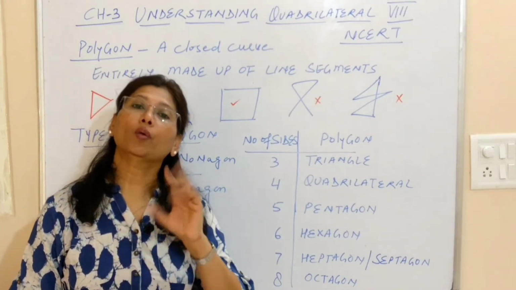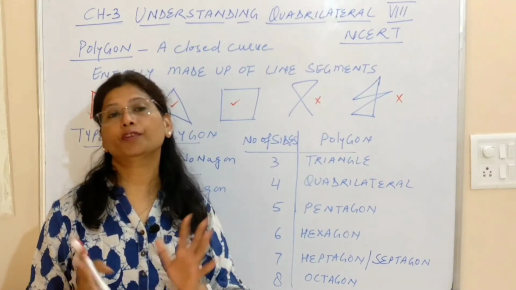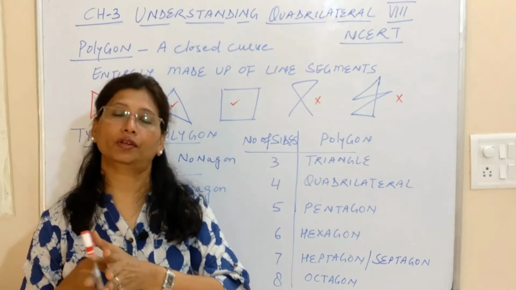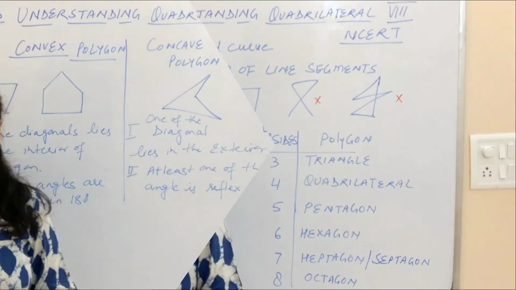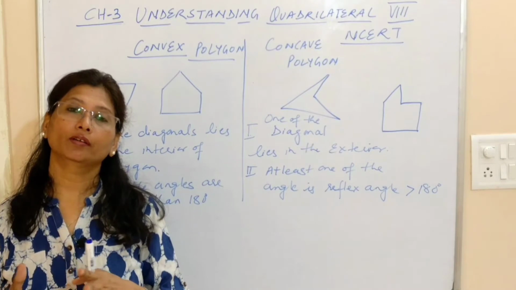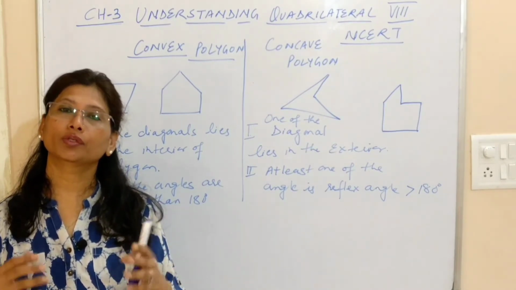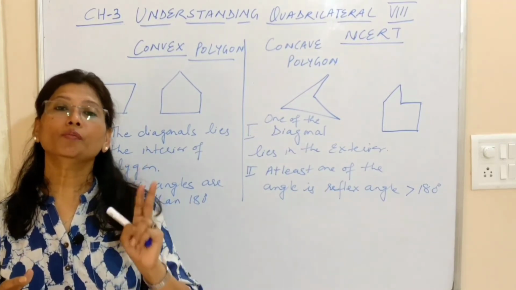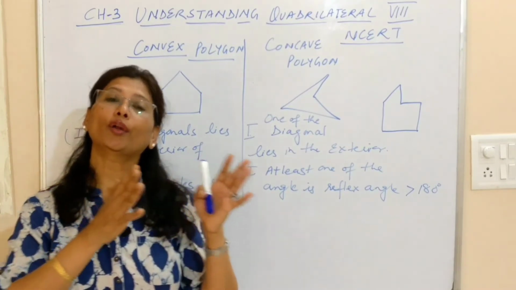So हमने क्या पढ़ना है, quadrilateral. So quadrilateral के बारे में I'll just give you the introduction. First of all हमारा रहेगा convex quadrilateral and concave quadrilateral. So we'll just find out what is the difference between these two. So we'll continue about what is the difference between convex polygon and concave polygon. You know, it's a very important concept, and students are very much confused in getting this concept. So there are 2 important points which differentiate convex polygon and concave polygon.